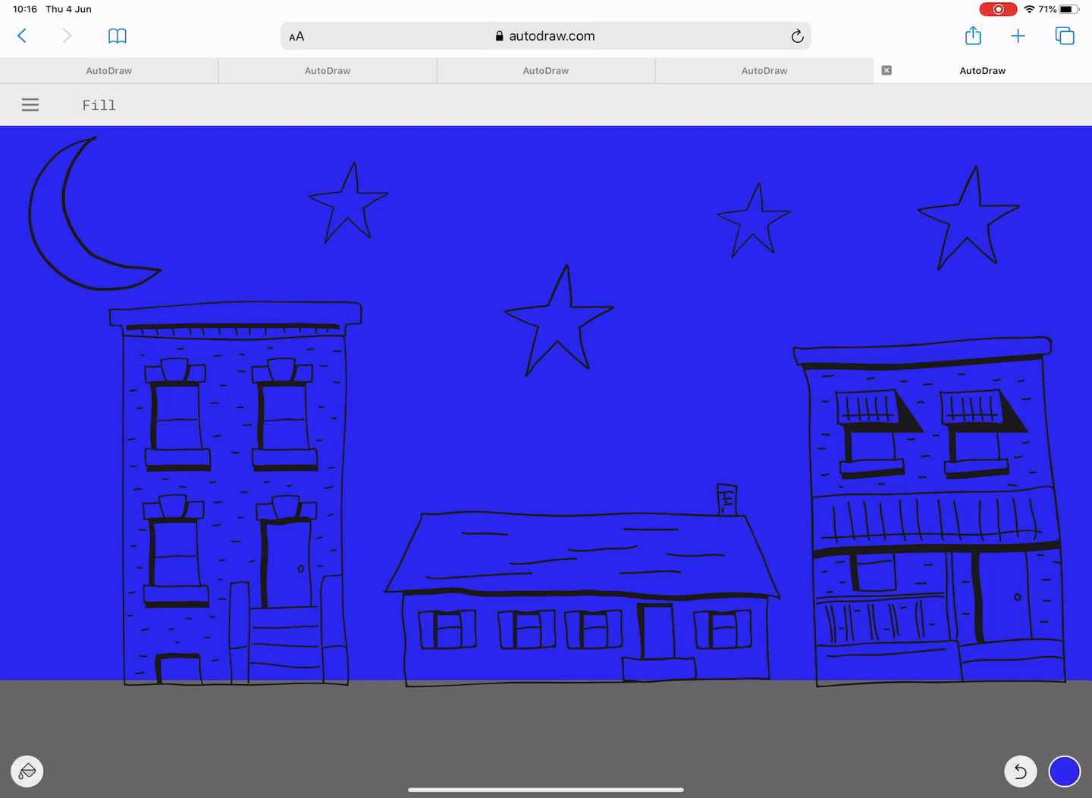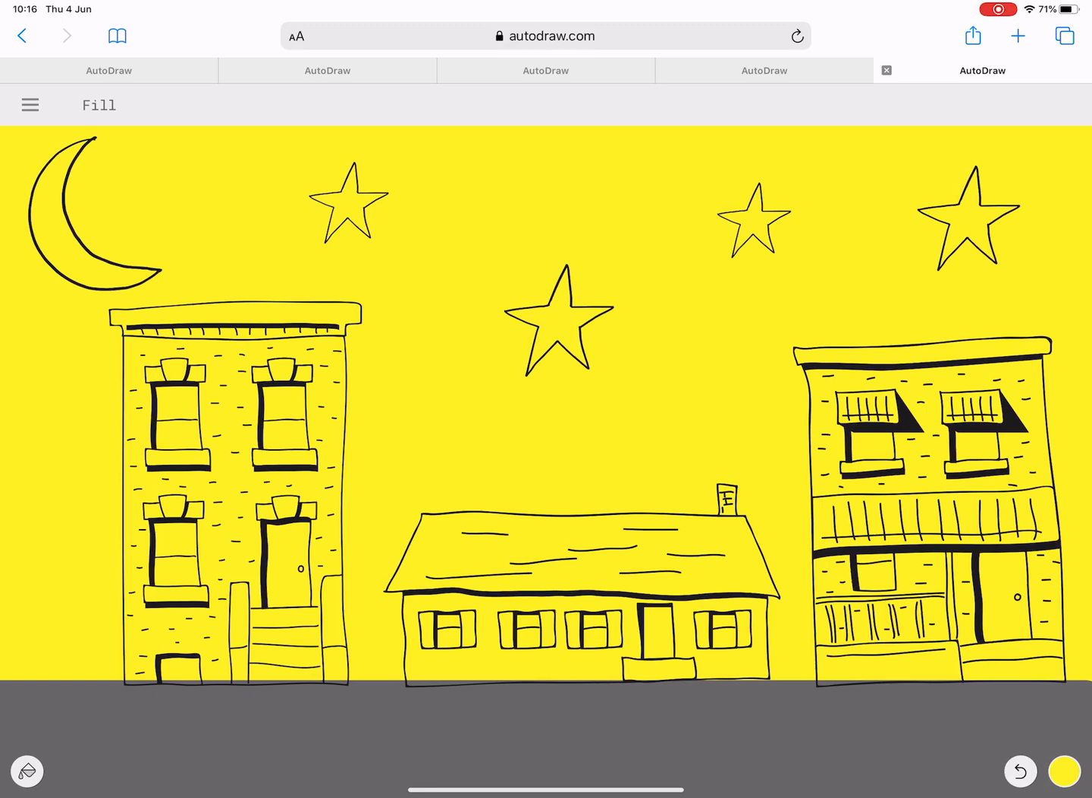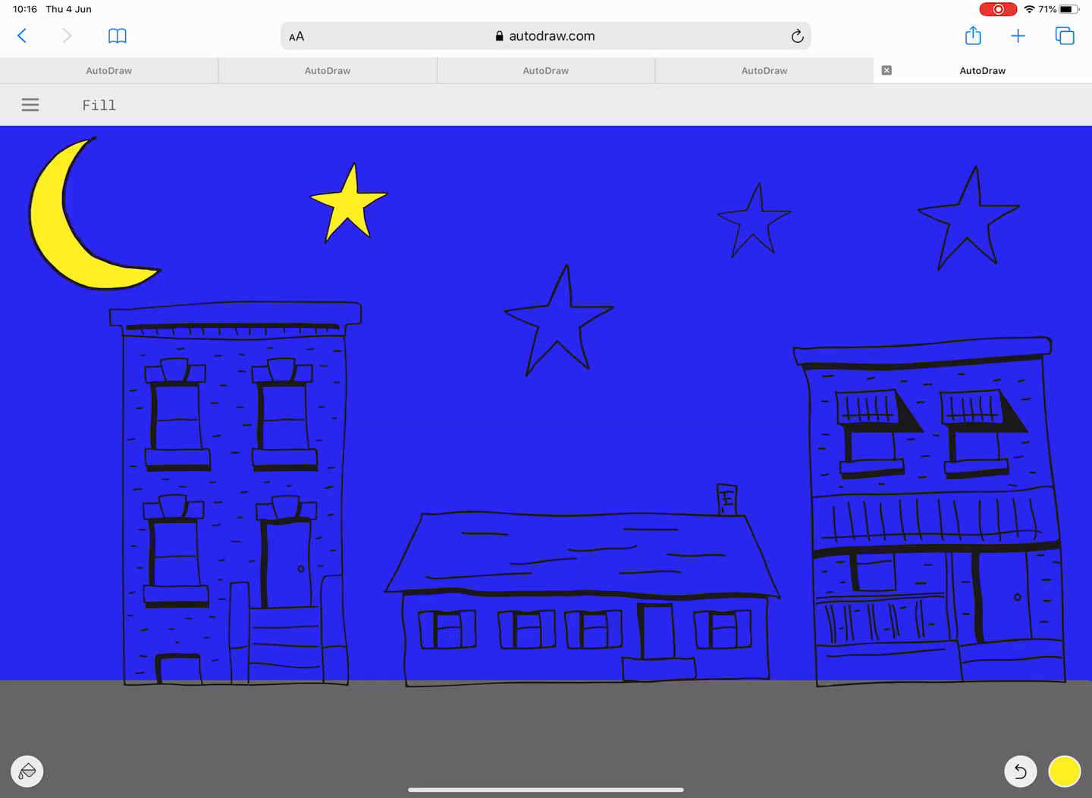And you will notice this happens. Don't worry about this. The background will completely change, but we can start adding colours into the individual objects. So I'm going to choose yellow for the moon. Oops, press the back button because I tapped the background by accident. I'm going to add colours into the stars, and now I'm going to go ahead and add colours into my